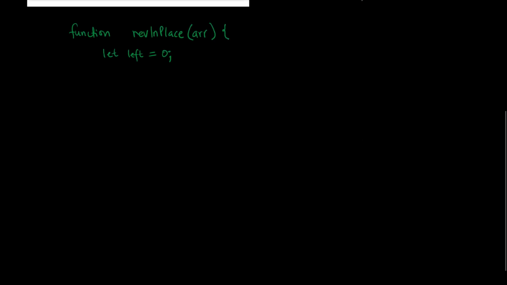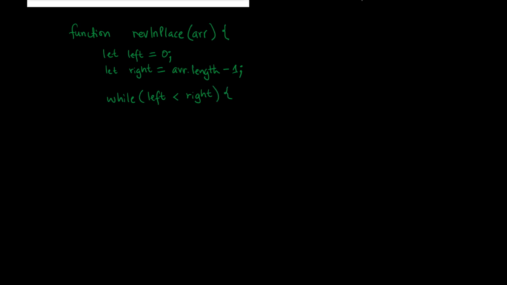Then let right equal to the end. So the end is array dot length minus 1. That's the point at the end. And then the while loop: while left is less than right,